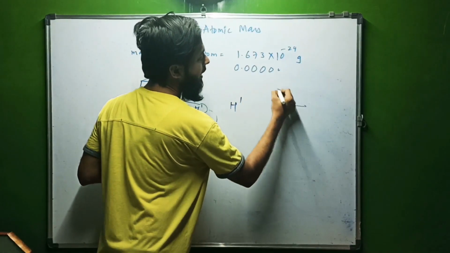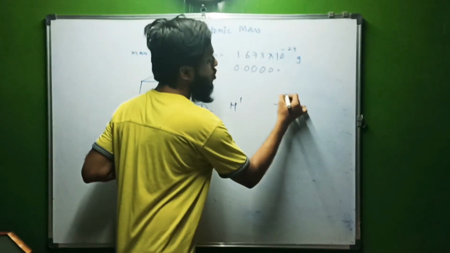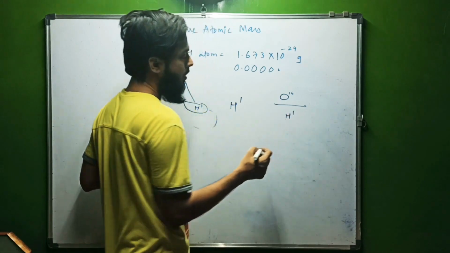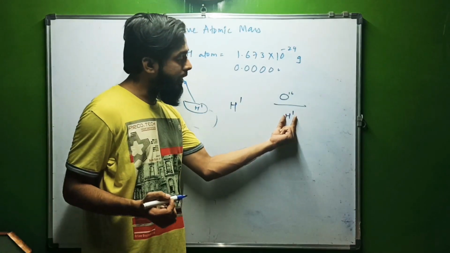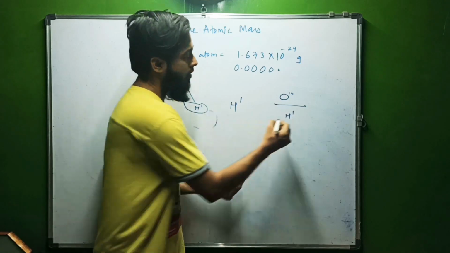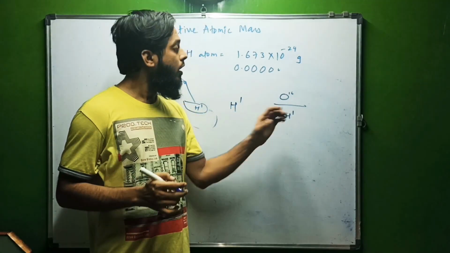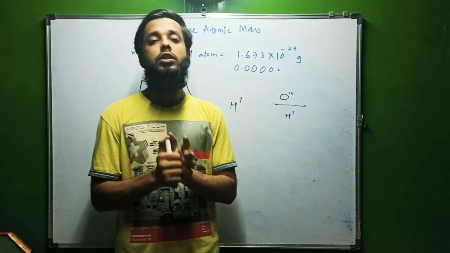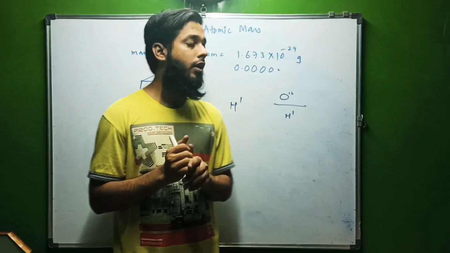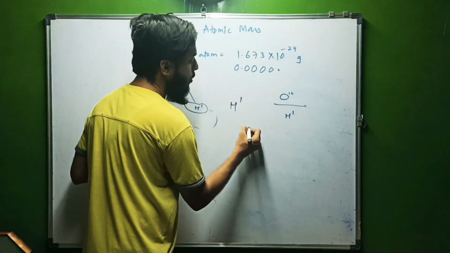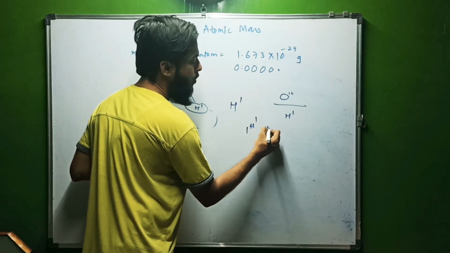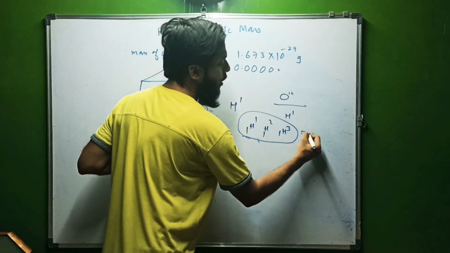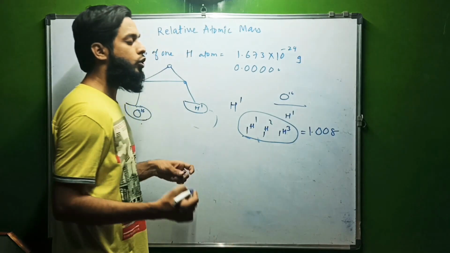So what we do, we take the average isotopic mass, for example 16, and then we compare with hydrogen. They required something which has mass as 1 unit, like hydrogen was having 1 unit. So a single oxygen atom is 16 times heavier than a hydrogen atom. But then comes the difficulty that hydrogen has isotopes 1H1, 1H2, 1H3. So the exact weight of hydrogen is not 1, but it is 1.008.